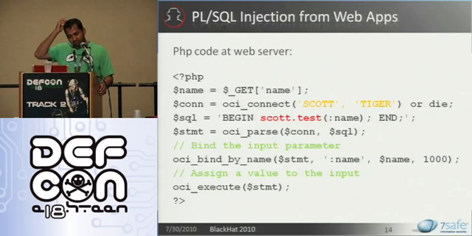So here is an example of a PL/SQL injection. This is one PHP code which connects to the Oracle database with limited user privileges, the Scott user, and